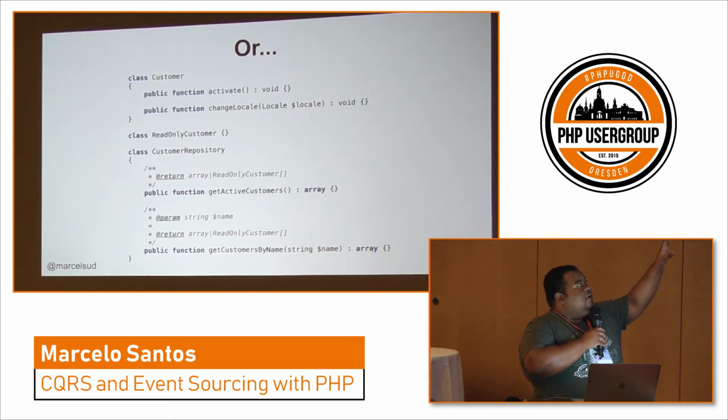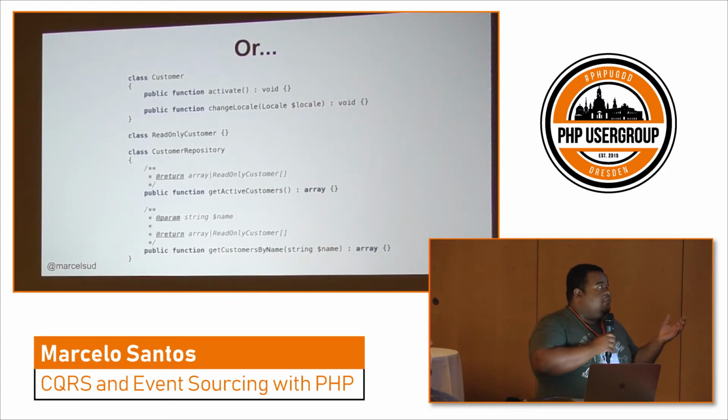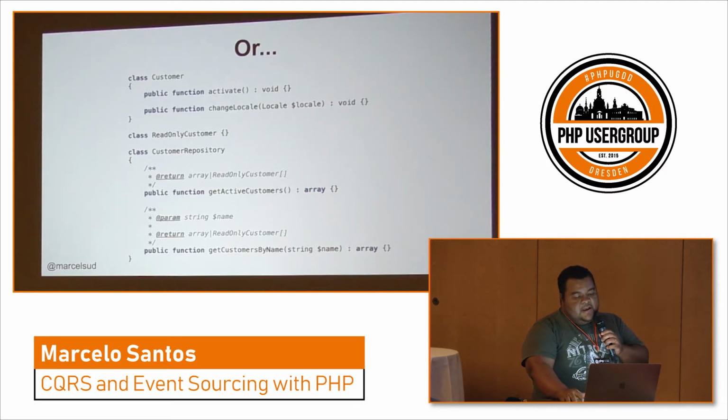If you are using domain-driven design, it would look something like this. You would have your aggregate as the write part, and you could have any number of read models. Then you start having different models for that, which is usually how CQRS is applied, but by definition, it's not that.